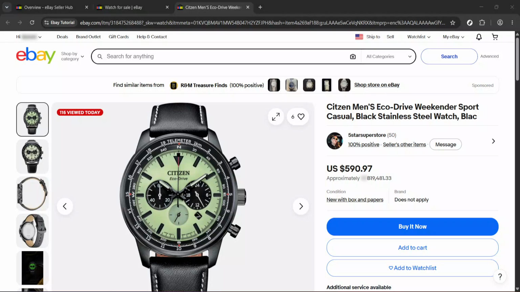In today's video, I'm going to teach you how to redeem an eBay gift card code. If you've received an eBay gift card and you're ready to use it on a purchase, the process is very simple once you know where to look. In this walkthrough, I'll show you how to easily apply the gift card during checkout so the balance is used